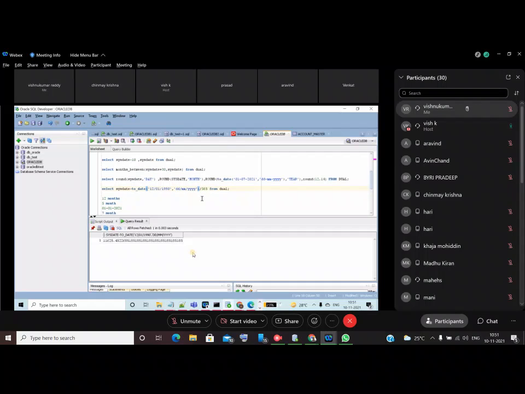Years means you divide by 365 days, like this. So now you are 31 years old. If you were born in 1990, your age is 31. Like this you can calculate your date of birth also. So everything in this is a date function.